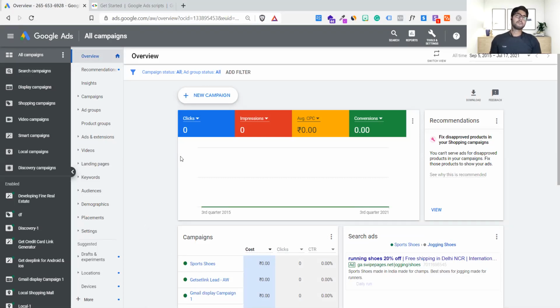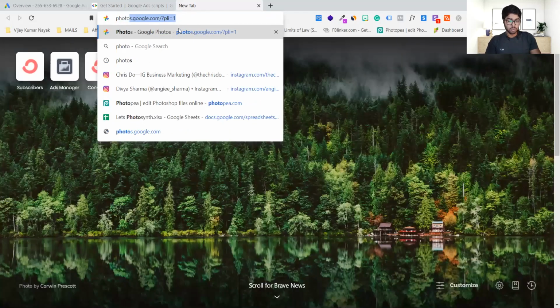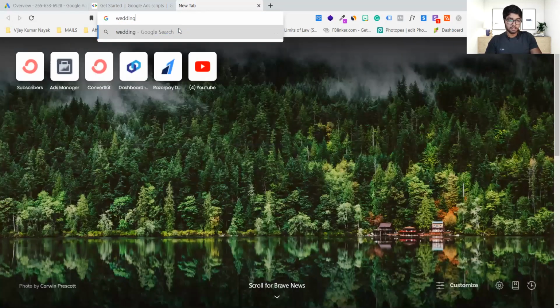What do you need? For a wedding photographer, I think search ads would be fine, because people are mostly searching on Google for nearby wedding photographers. We can also run ads on Facebook, but probably Facebook is not the thing, because you want immediate closure, so that can be done with Google search ads, and we can remarket to them using display. Got it? So that's how it goes. Let's just quickly do a keyword search for wedding photography.